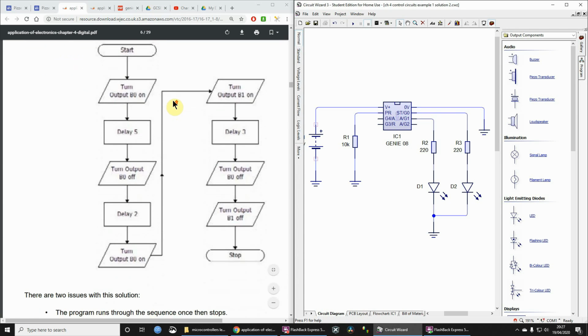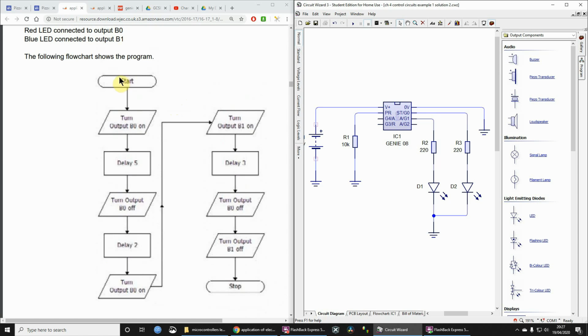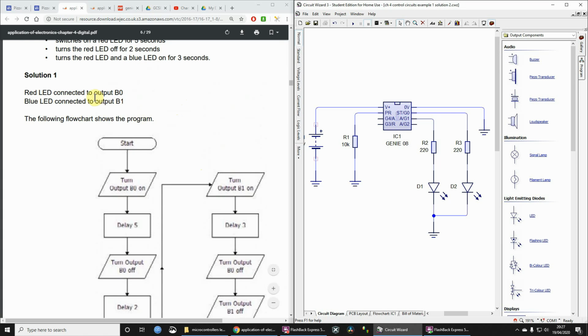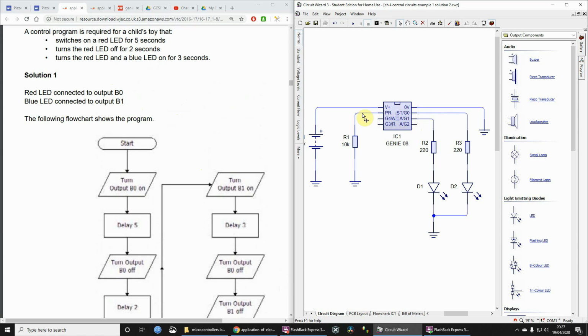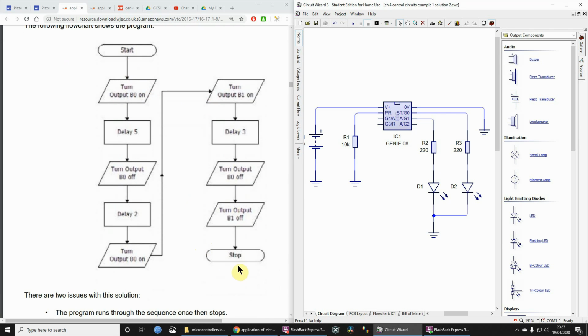And we noted, or hopefully you noted, that the flowchart had issues, not necessarily problems, but issues. By the way, there were two LEDs connected to, here it says B0 and B1, but we found that using the junior microcontroller, we just had to call them G0 and G1. That's not really significant. But what we found is that, first of all, the program only runs once because